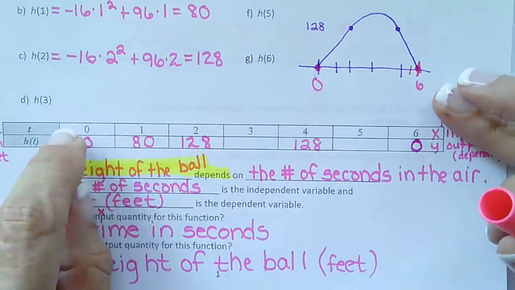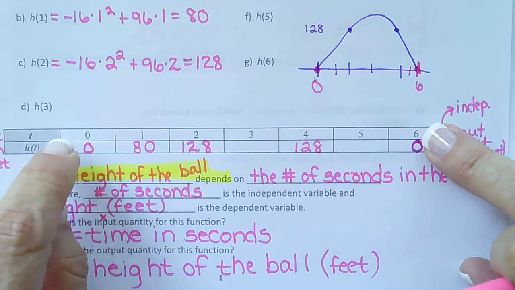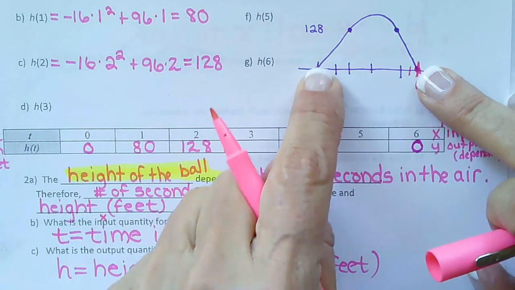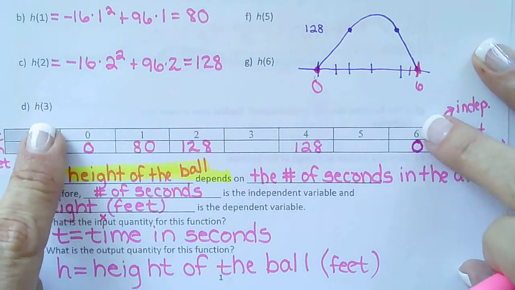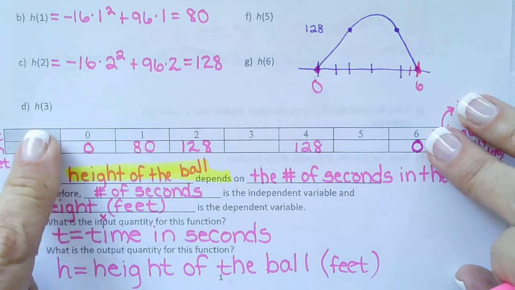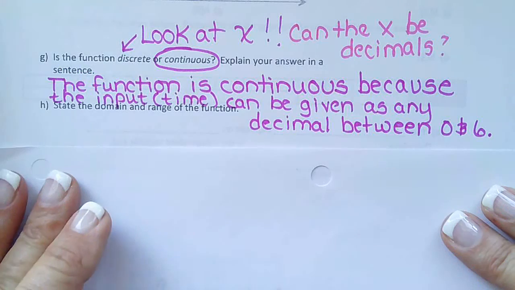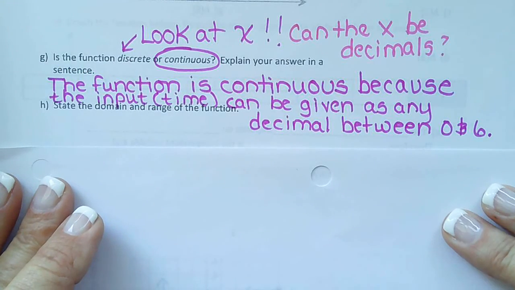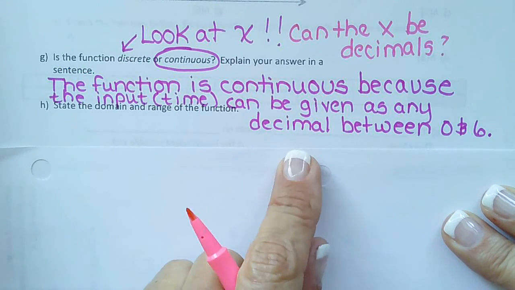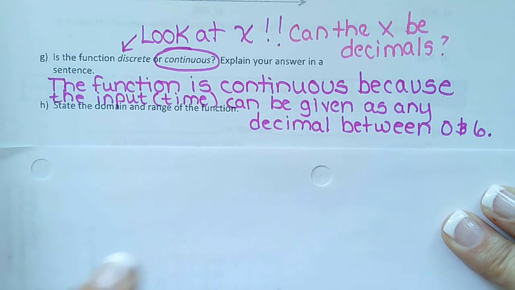Any decimal makes sense as long as it's between 0 and 6, because 0 is when it's hit, 6 is when it's back down on the ground. So it does have to be in between those 2 numbers. So we say the function is continuous because the input time can be given as any decimal between 0 and